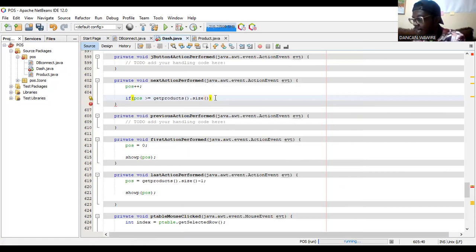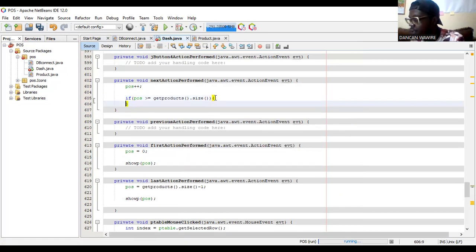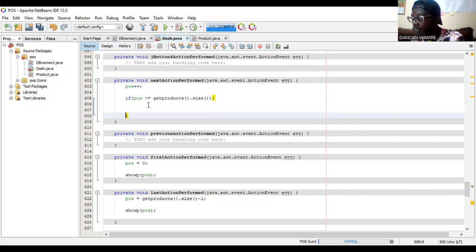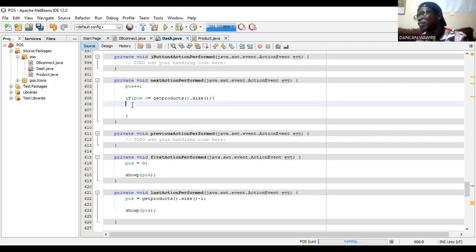So what do we need to do? In that case, we need to subtract next. So we